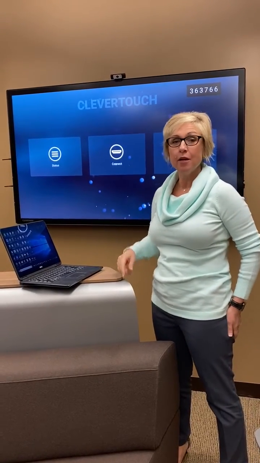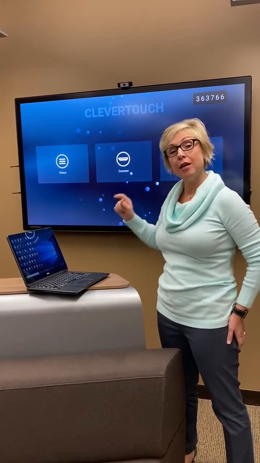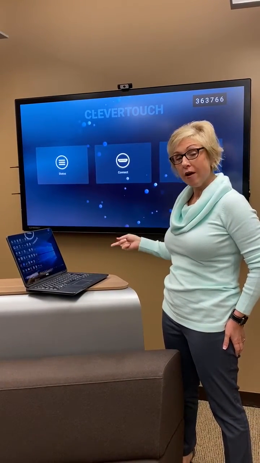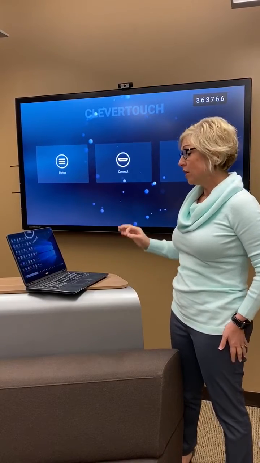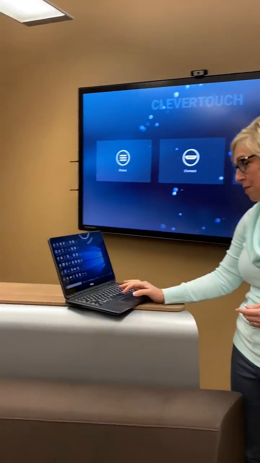To show you how to use the Clevertouch software with your laptop connected to the Clevertouch panel. First of all, your laptop and your panel both need to be on the same Wi-Fi. Once they are, and you have downloaded the Clevershare software from the link I sent you, you're going to open the Clevershare software on your laptop,